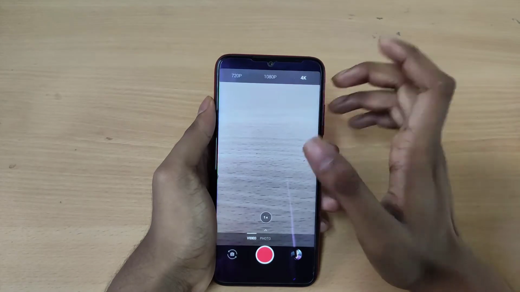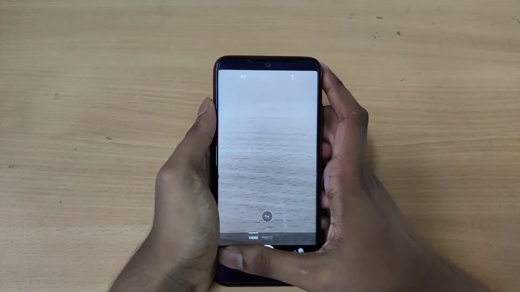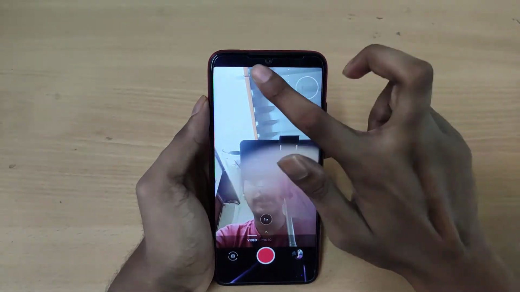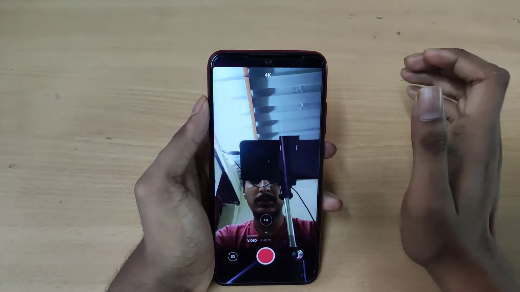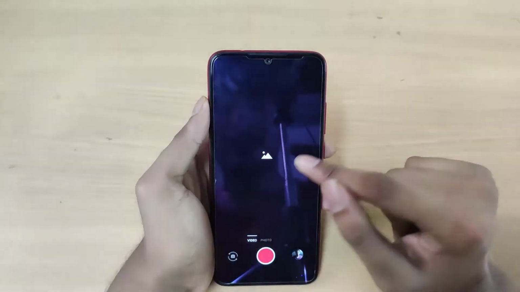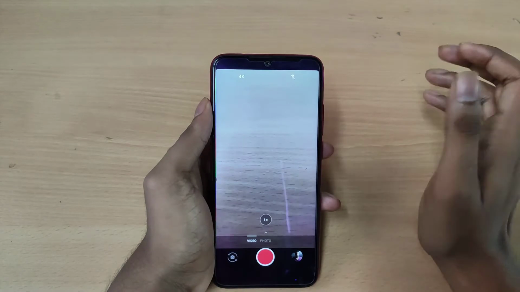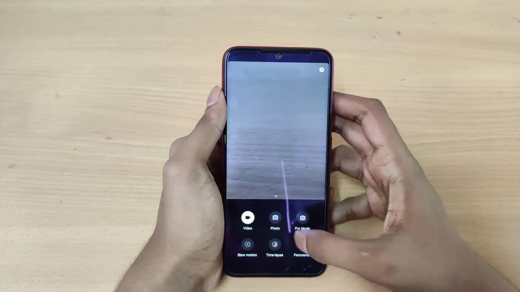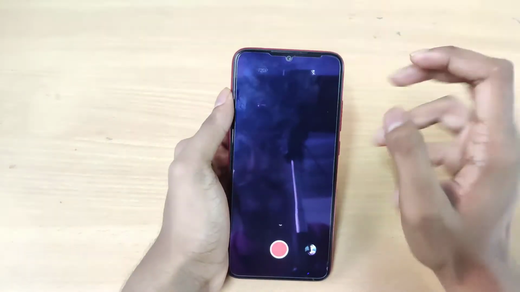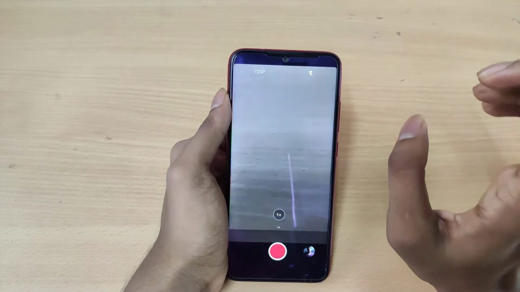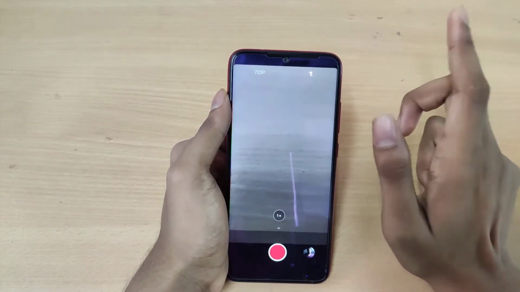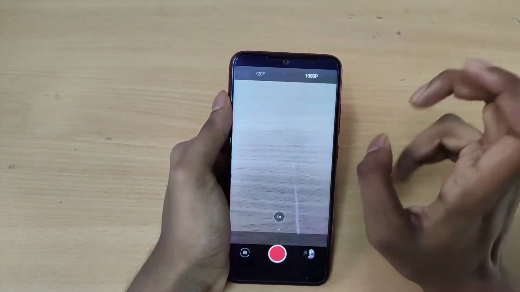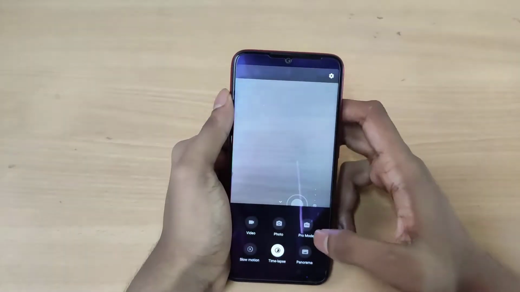You can record video up to 4K 30 fps on both cameras, front and back. As you can see here, you will also get the option to record between 1080p and 4K, and it works perfectly fine. So if you want to record video in 4K on the front camera, you can use that option. You'll also get the option for pro mode, slow motion, time lapse, and panorama. On slow motion, you will only get one option, which is 720p. You can record time lapse up to 1080p, no 4K on the time lapse as well.